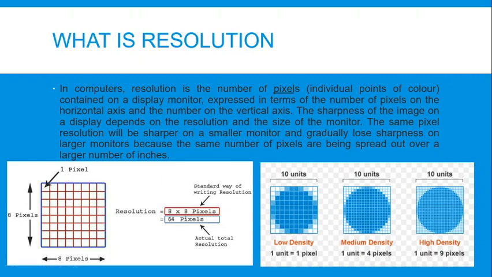As the number of pixels in a single unit increases, the sharpness of the image increases. For better interpretation, we always prefer to have a higher number of pixels in a single unit, or a higher number of pixels in any specified region of investigation.